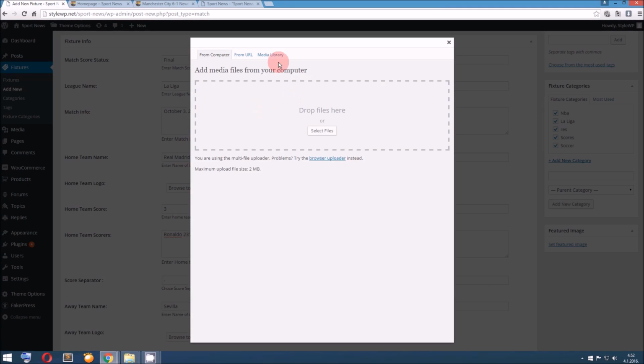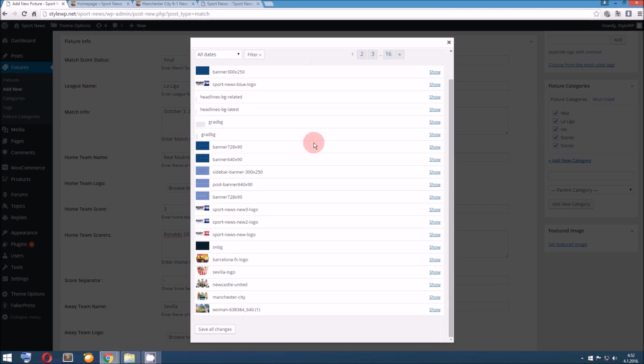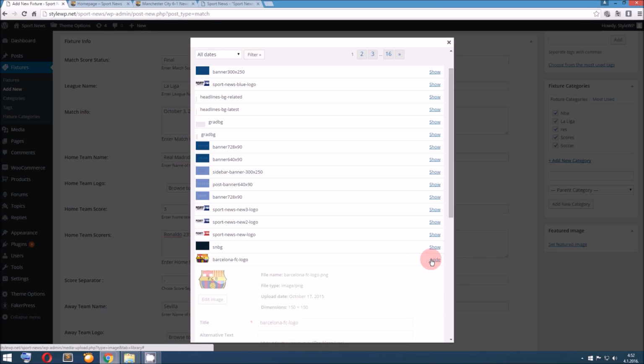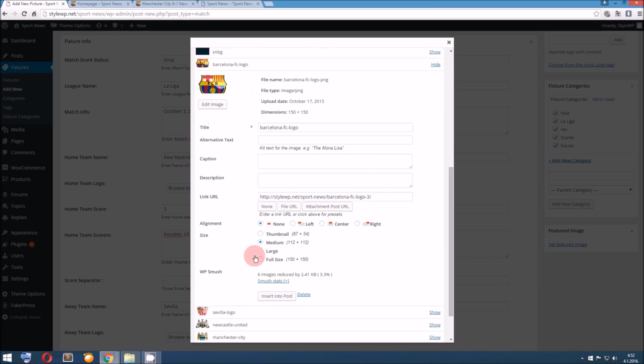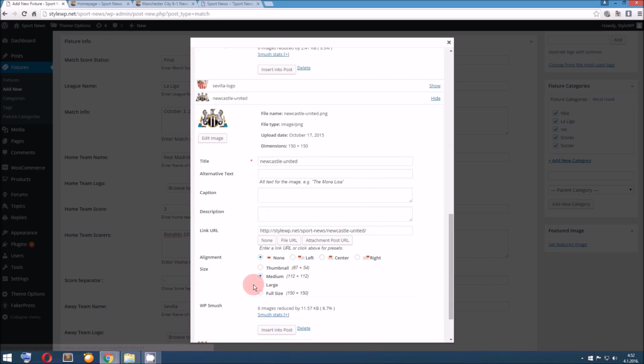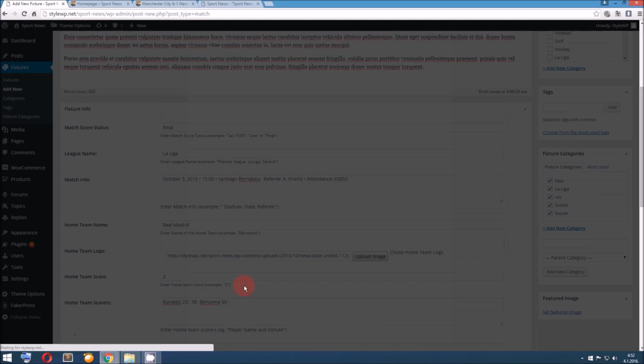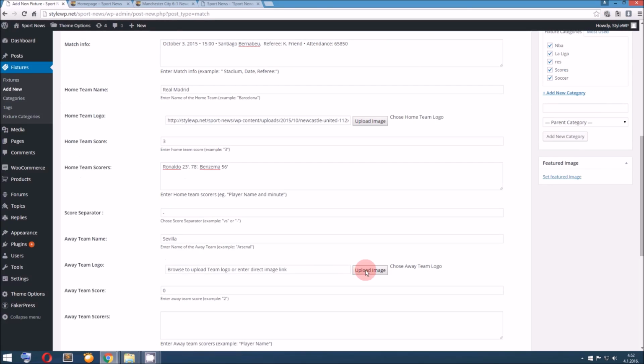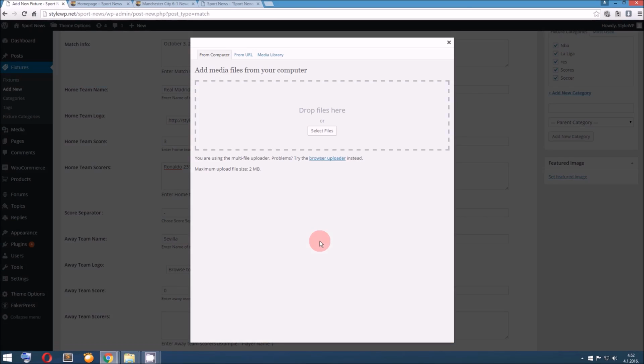I already have some uploaded images here, so I will just go to media library. It doesn't matter for now which logo I select. Some people will hate me for this, putting Barcelona. Nah, this is just wrong. So let's say Newcastle, and let's say away team logo